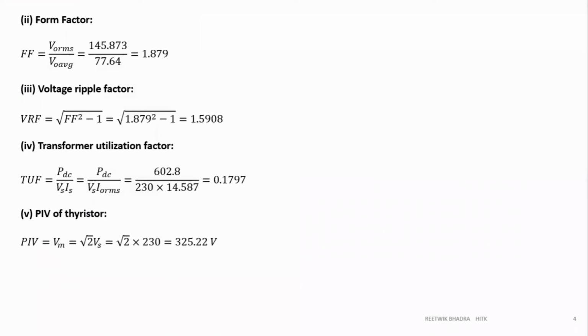reverse biased. Why is this very important? Because you know that when a thyristor is reverse biased, any PN junction device can go to avalanche breakdown. So if I give negative 340 volts across the thyristor, it will get avalanche breakdown and be damaged. So you can't exceed the maximum voltage across the thyristor in off state beyond 325 volts. So that is very important.